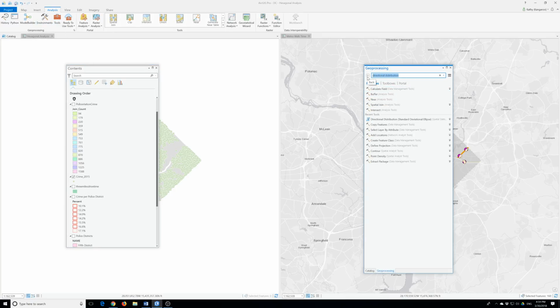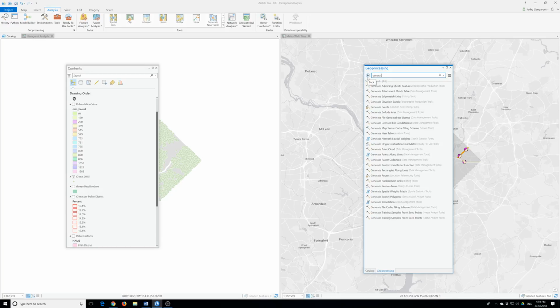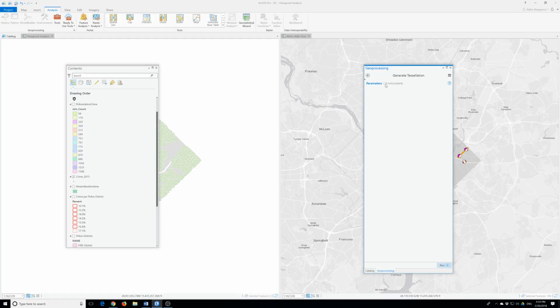So, generate tessellation. I found it. So hopefully, okay. And we will open this tessellation tool and use the following parameters. So for the output feature, I will just leave it, okay, and the extent will be DC, and then the shape, yeah, and for the size,